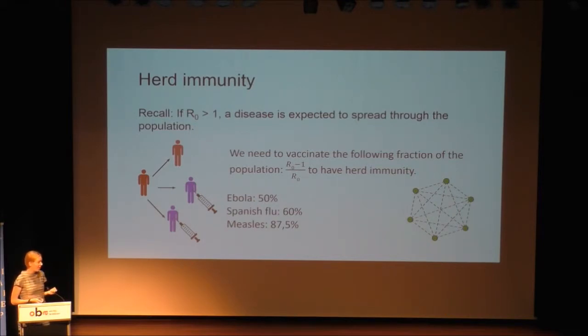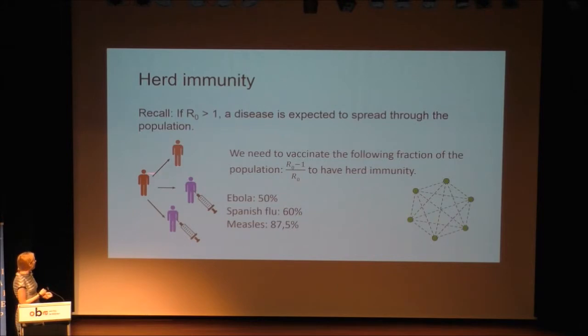So what is herd immunity? This is a level of vaccinations within the population such that it's unlikely for a disease to spread. And this actually only works in our old model, the SIR model and the eradication model, where we assume that everybody can infect everybody else. And recall that R naught, the average number of infections caused by a single infection,